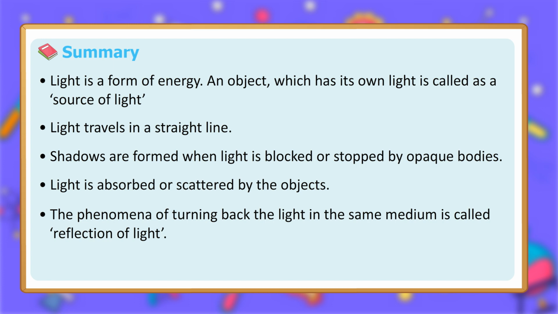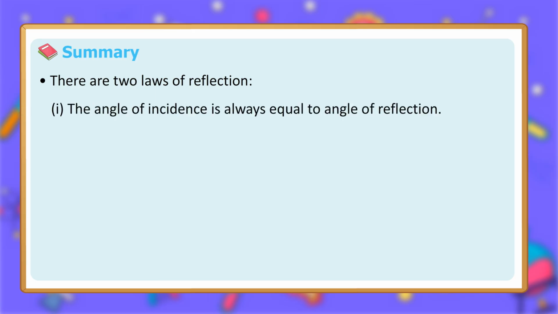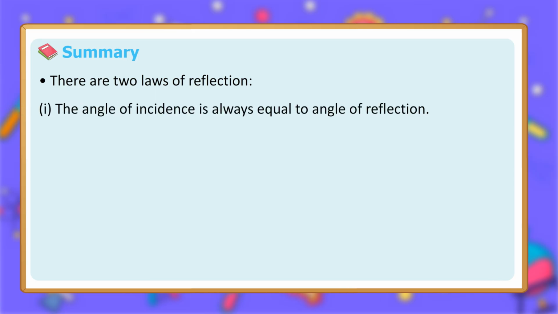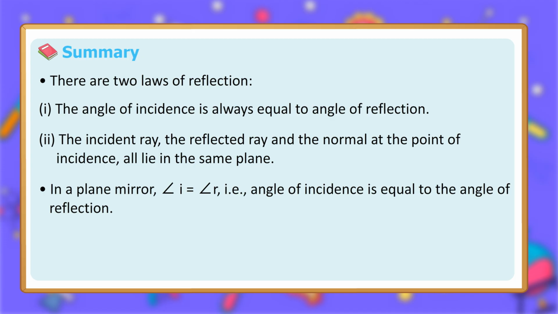The phenomenon of turning back of light in the same medium is called reflection of light. A mirror reflects most of the light falling on it. There are two laws of reflection. 1. The angle of incidence is always equal to the angle of reflection. 2. The incident ray, the reflected ray and the normal at the point of incidence all lie in the same plane. In a plane mirror, angle i equals angle r, i.e., the angle of incidence is equal to the